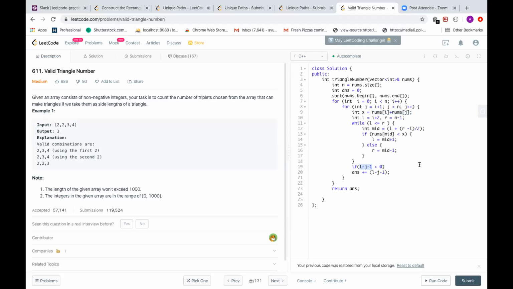So your I is the first element, J is the second element, and L, which you compute with binary search, is the third element. Yes, I will be less than J and J will be less than L here. This is what I have. It will be n square log n, right? Log n for binary search. All the elements after L would satisfy this condition, so we are just subtracting L minus J, excluding those elements which are not satisfying. Others are satisfying. Yeah, fine.